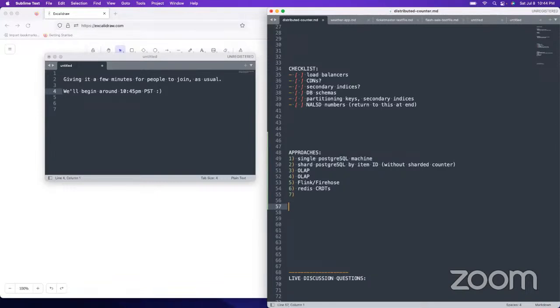What would I call that? Variations of the problem. So it's scale, just overall scale, and then proportionally reads versus writes.